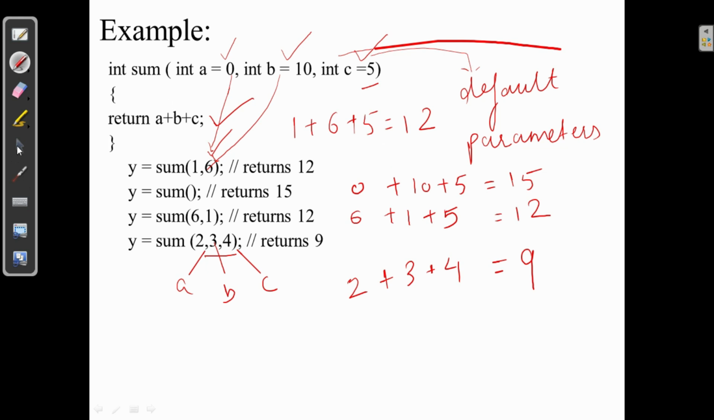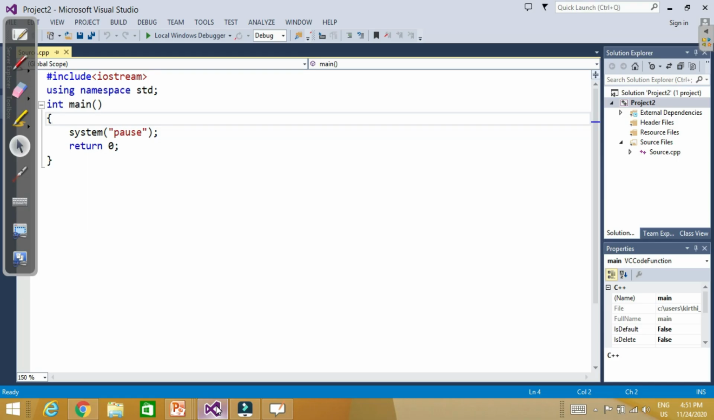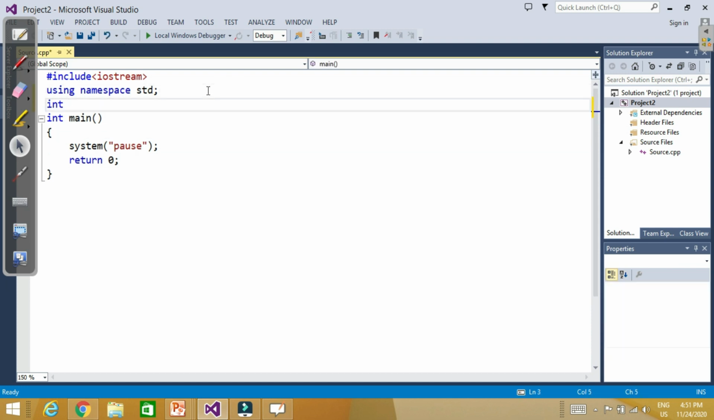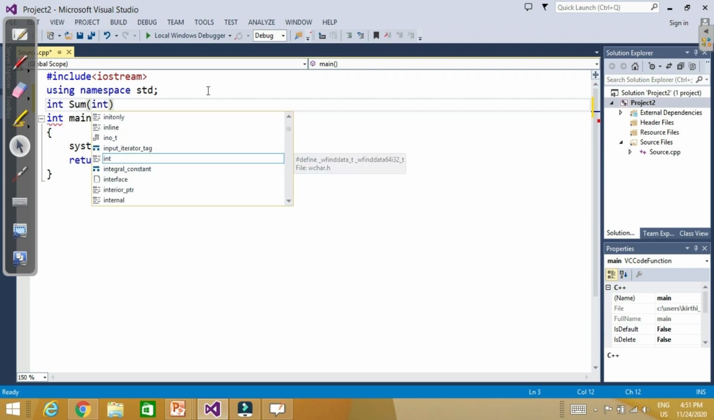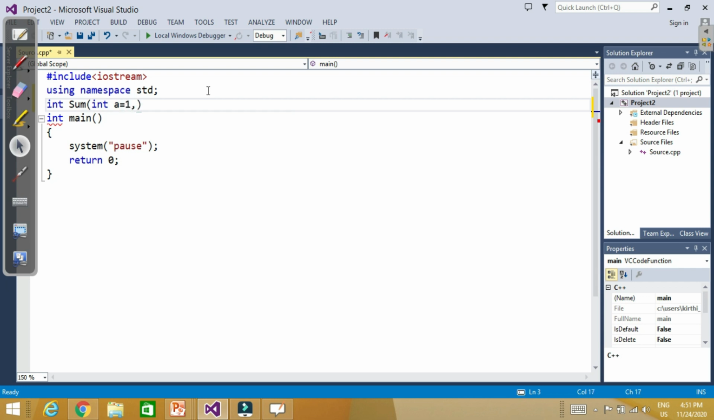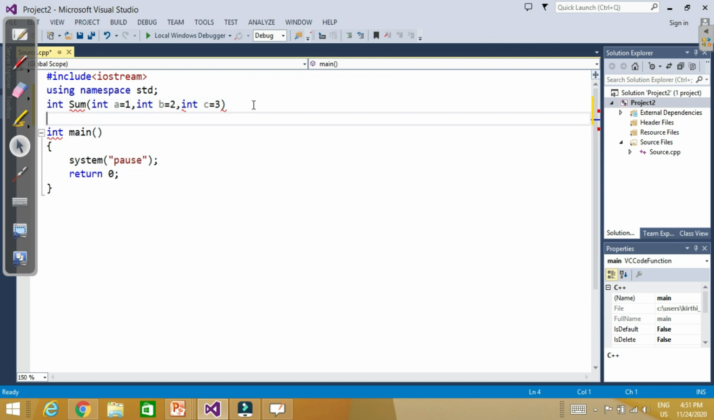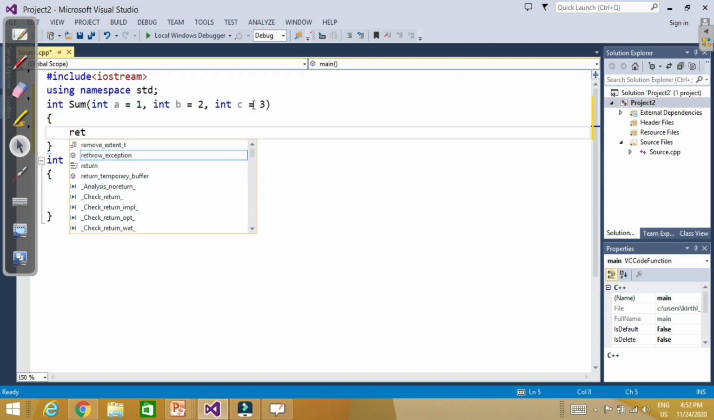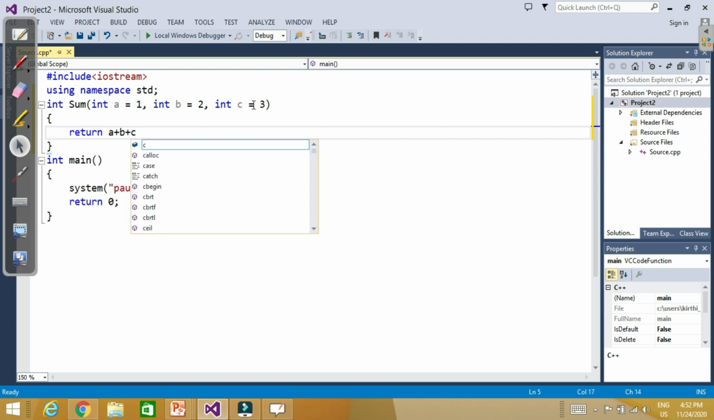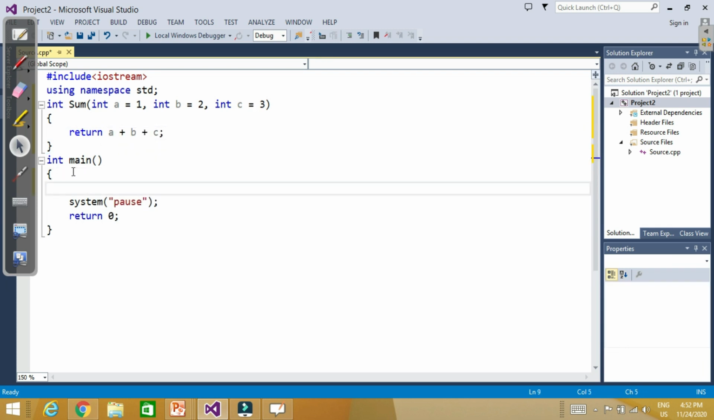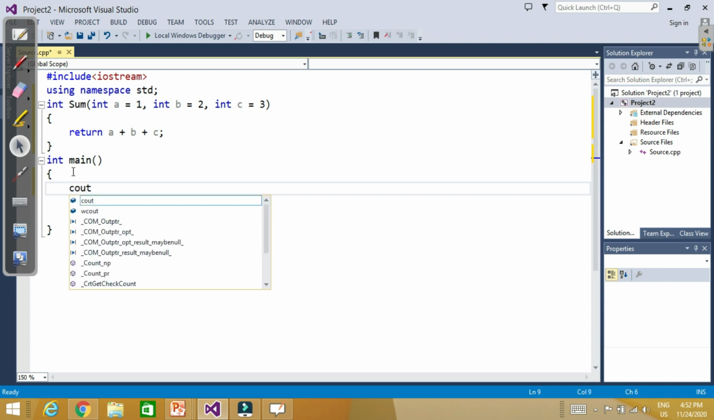Now let's check in Visual Studio how these default parameters work. Let's write the same function sum. I write int sum, and this function takes three parameters: int a = 1, b = 2, and int c = 3. And let's say this is going to return a + b + c. Now I call this function, so cout sum